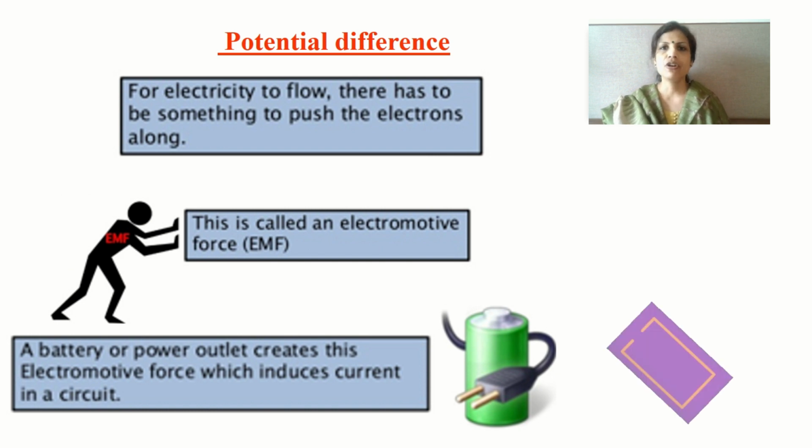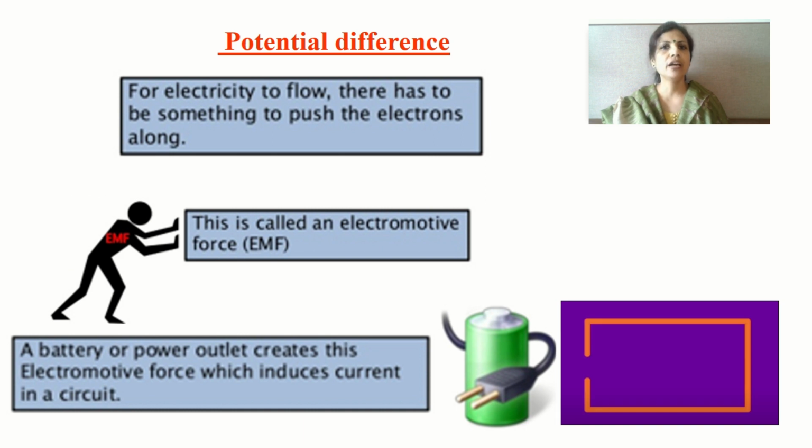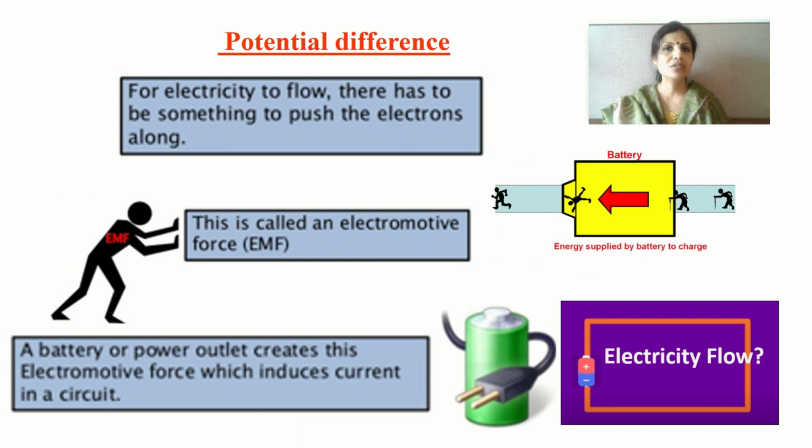Now see, suppose you are given a wire which is open at both ends, nothing is attached to the wire. Will the electricity flow through this wire? The answer is no, the electricity will not flow. Now the moment you attach a cell to the two ends of a conductor, the electrons inside the conductor experience a force, and so they will start moving, and when they start moving in one particular direction, the electricity will flow. So have a look at this animated figure and it will give you a good idea about how the electric current flows through the circuit.